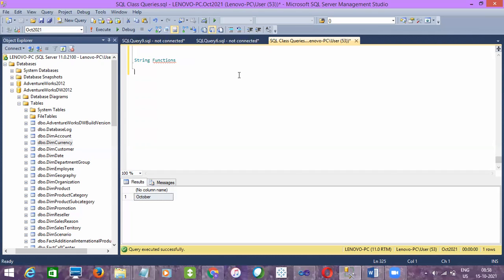Let's say there is a column called name, and it has a value of first name and then last name. If you want to fetch only the first few characters out of it, how to fetch it? Let's say I'll select. Here I'm telling the basic examples.